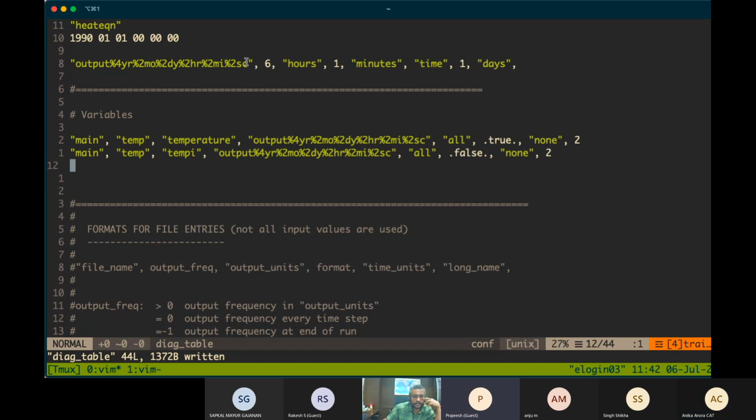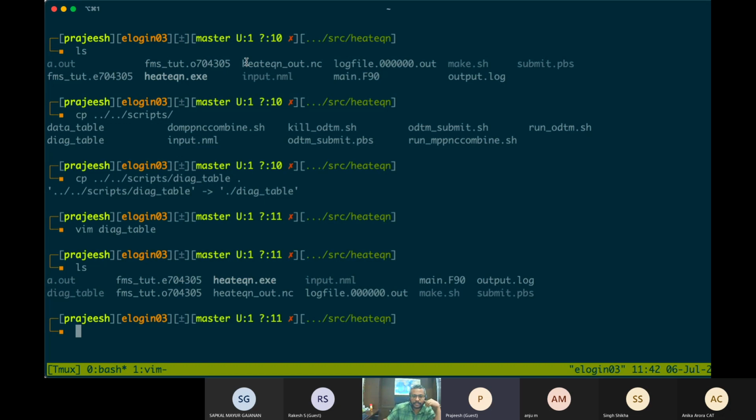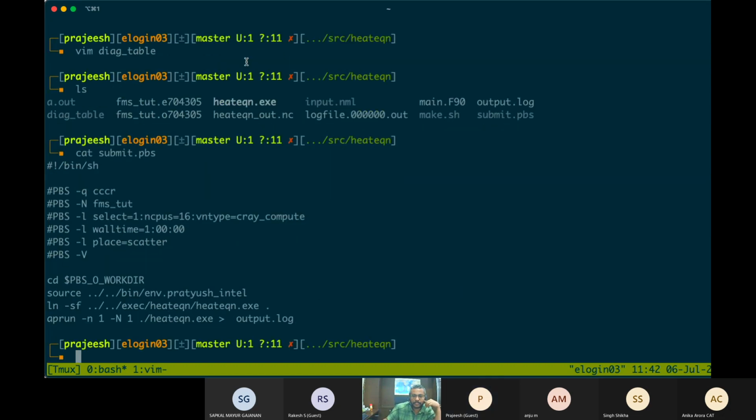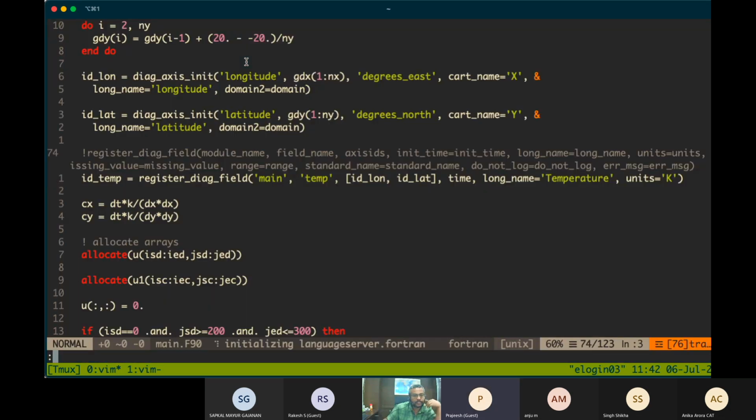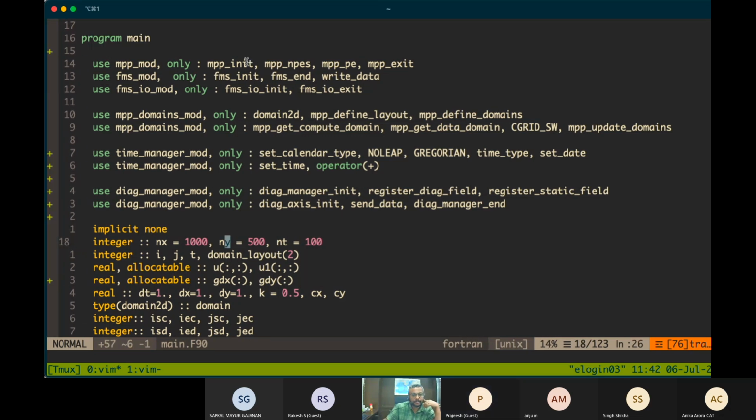So that's it here. Now it should run. So let's submit it. Before that, let's check for how many time steps we are running. So nt is 100. It's 1 hour, right, our delta thing?